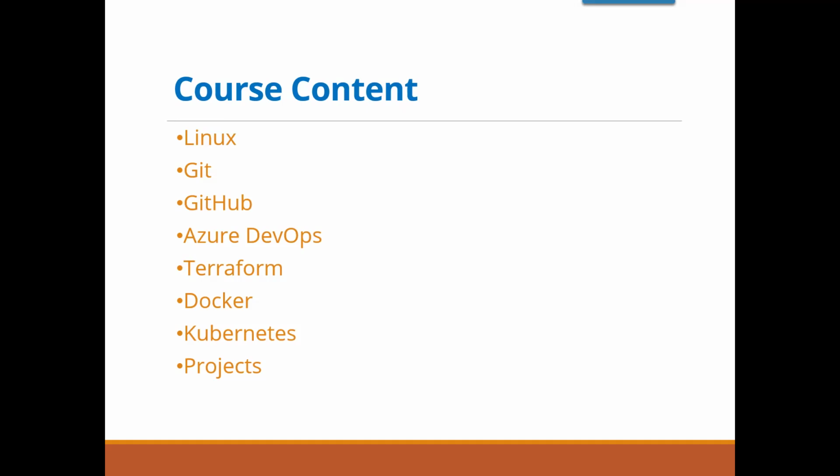For example, at the beginning of the class, I took the example of creating a website. So we will collect the source code from the developer's repository. Then we will create a build. We will use Terraform to create the cloud infrastructure. Then we will host it on a cloud, and then we will manage it using Kubernetes.